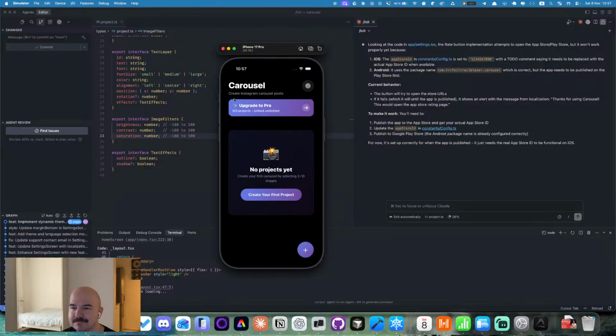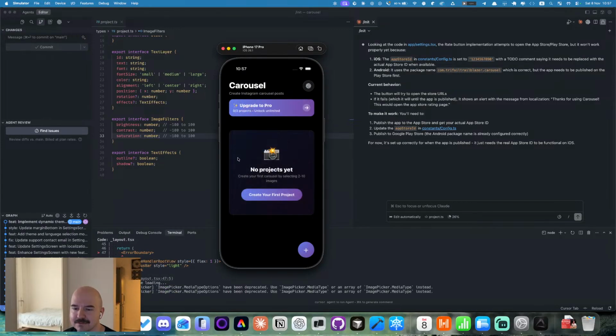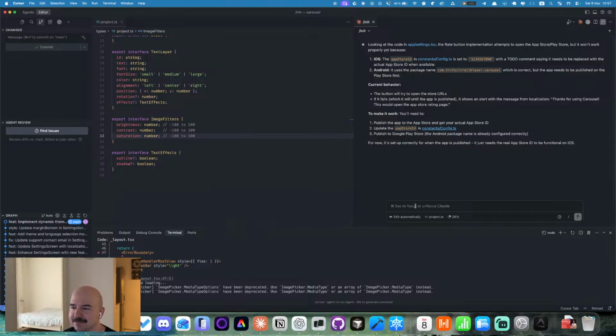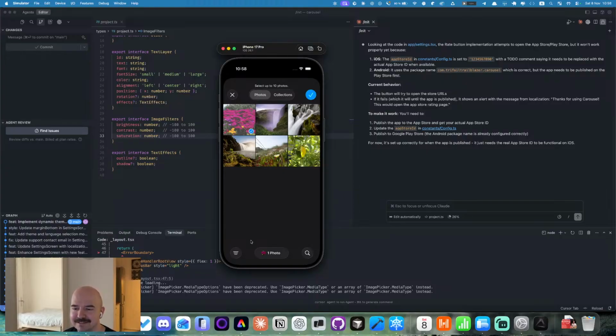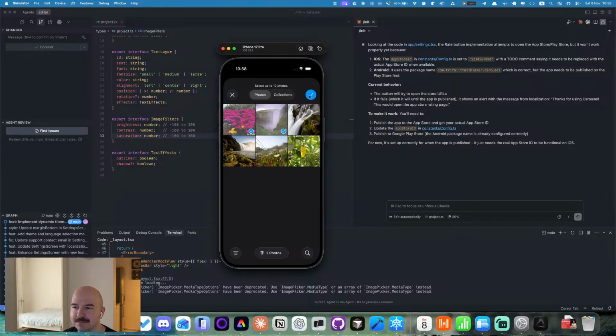So let's see the create project button. It does nothing right now, right? Okay, allow full access. Let's select our photos here. Maybe it is not working, or maybe it is some kind of bug. Maybe I need to select a few.